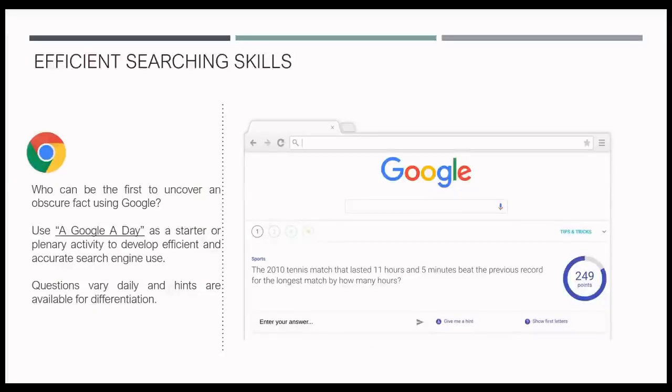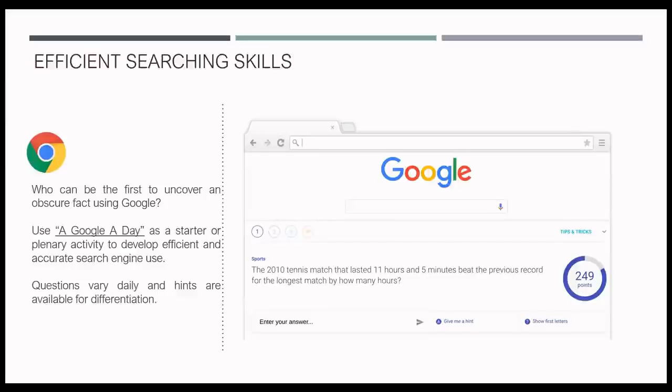We can conduct an online treasure hunt for the students. With this, students can enhance their searching skill. As you can see on screen, there is a question for which the student has to enter the answer, and for that they can use the Google search engine also.